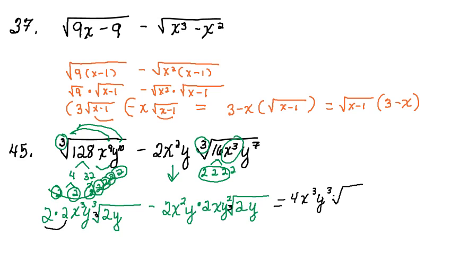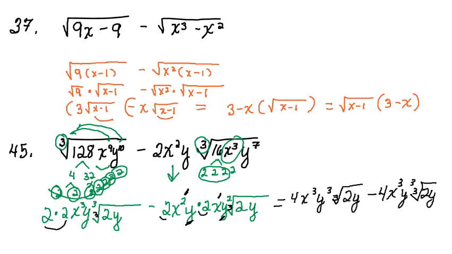So I know it's a cube root, 2y. And minus sign. We have a 2 and a 2, so we have another 4. We have an x squared and an x, so it's x to the 3rd power. And a y squared, so it's y to the 3rd power. Cube root